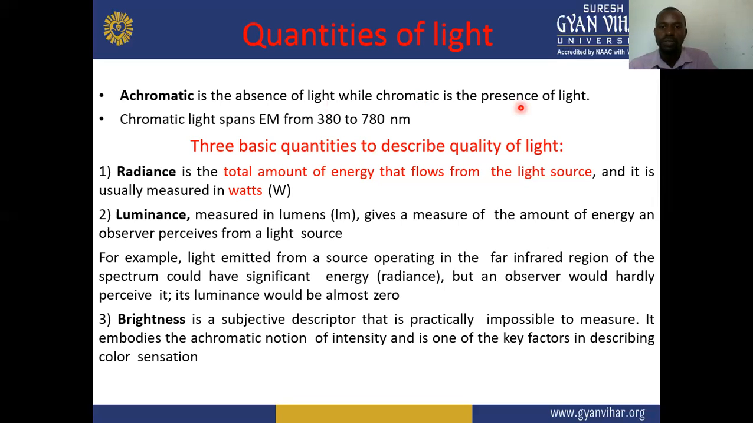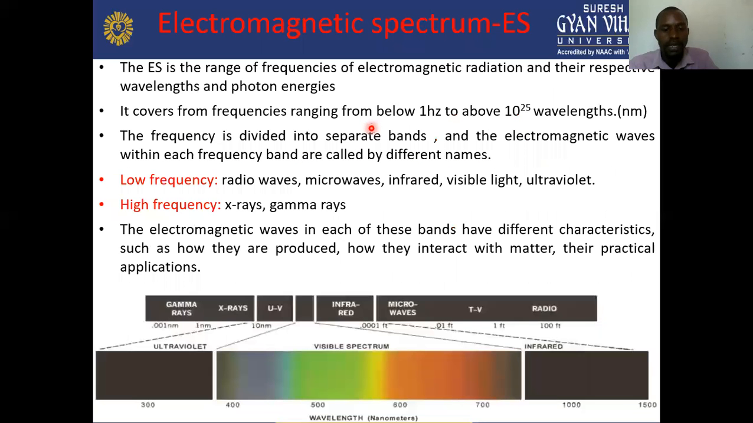So these are two terminologies that are opposite of the other. When you see achromatic, that means there's absence of light. When you see chromatic, then there's presence of light. So the chromatic light spans from the electromagnetic wavelength of 380 to 780. That means in the electromagnetic spectrum, where now we have visible light, is from the range of 380 up to